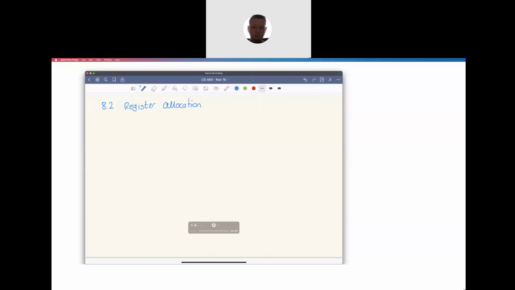So we'll need to start with 8.2.1, which is live and dead variables. It's not relatives. So let's start with a definition. It's a good place to start if you're stuck. So it goes something along the lines where we say a variable x is said to be